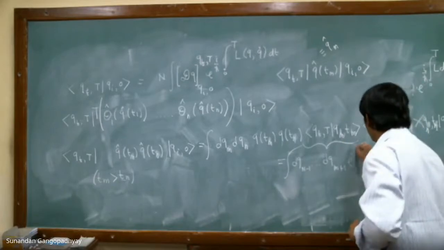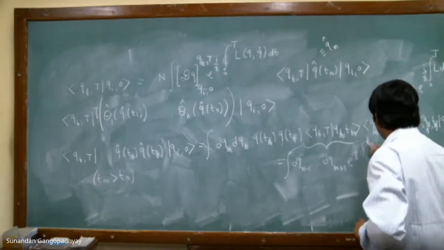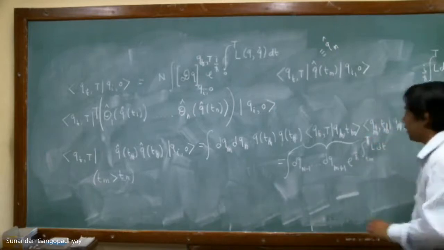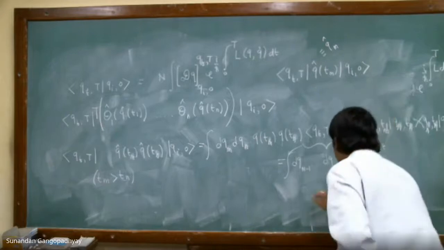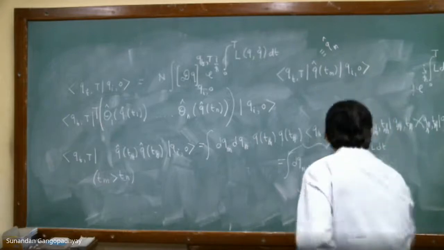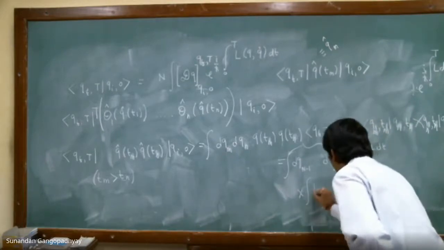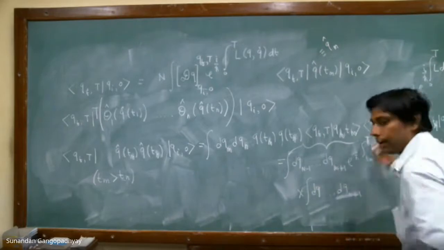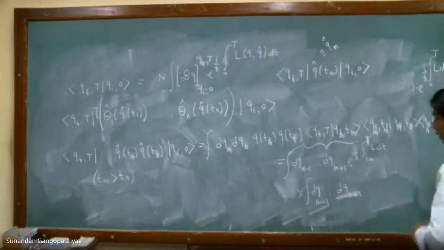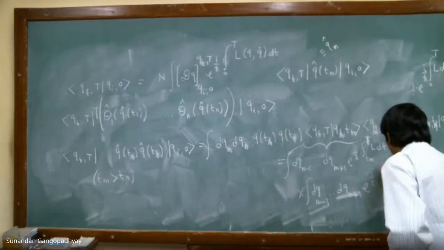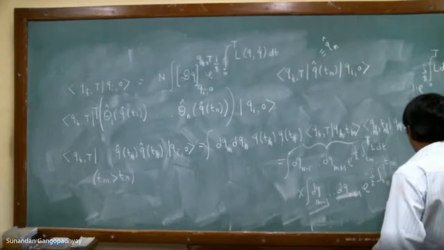And then you will have an integral, i/ħ integration from Tm to capital T, L dt. So this is the first thing that we have. Now you have this one. This one is nothing but integration dq_{n+1} and so on, just the one earlier dq_{n-1} to dq_{n+1}. This particular thing, and this will be e to the power of i/ħ integral from Tn, L dt.